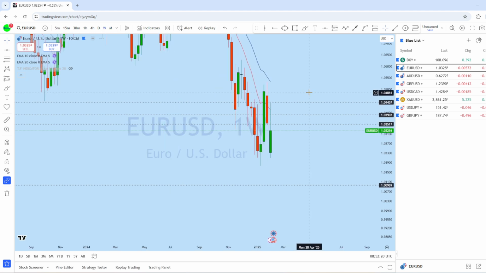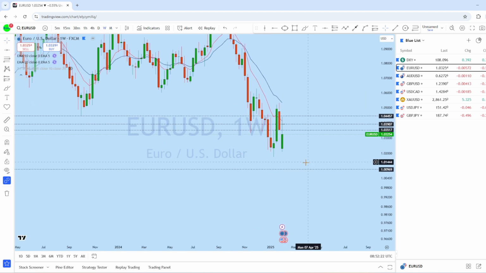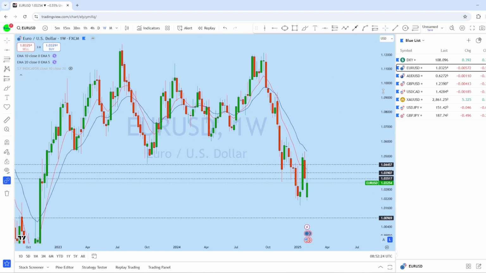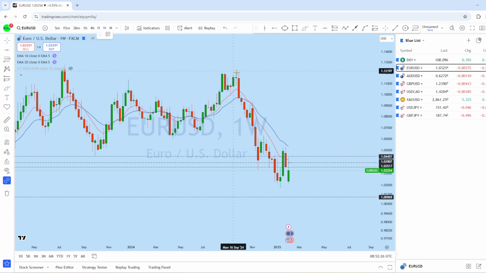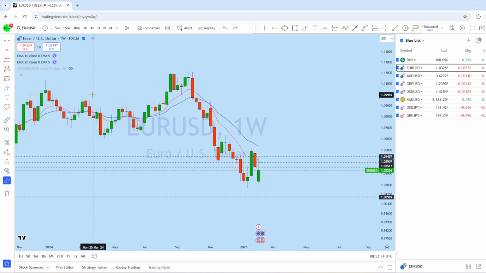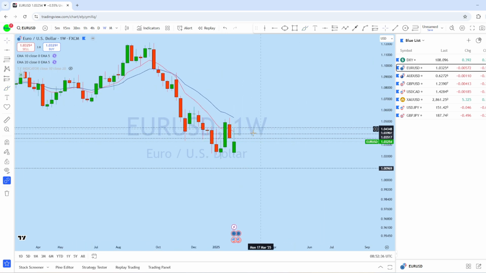Now looking at the weekly chart, from the weekly perspective this is a bearish market. Starting from here, we can see a very strong drop followed by this pullback, and another drop followed by this pullback. Now on EUR/USD, after back-to-back two weeks of bounce, the market created a series